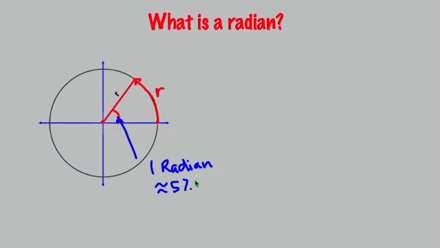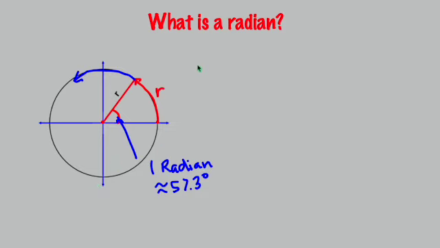And by the way, that is approximately 57.3 degrees. You might be asking yourself, how does he know that it's approximately 57.3 degrees? Here's why. If we were to keep going and make another arc that is about 1 radius long, and keep doing this all the way around the circle, what happens is we actually create